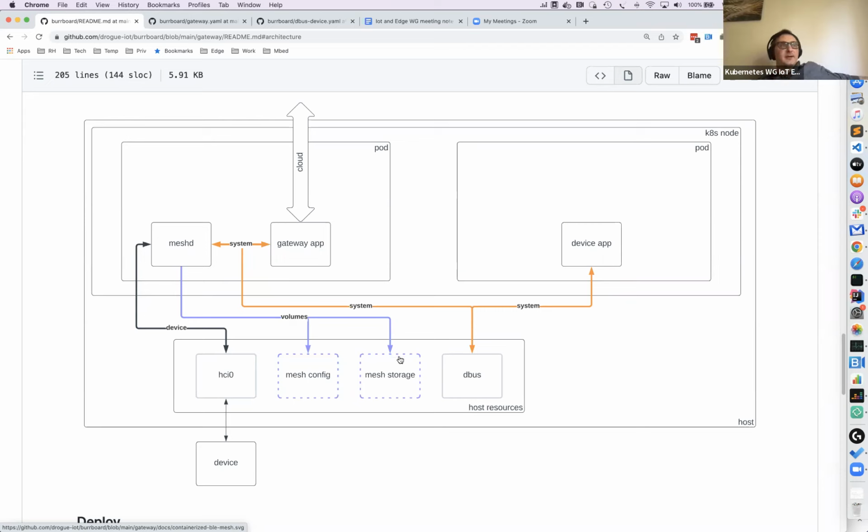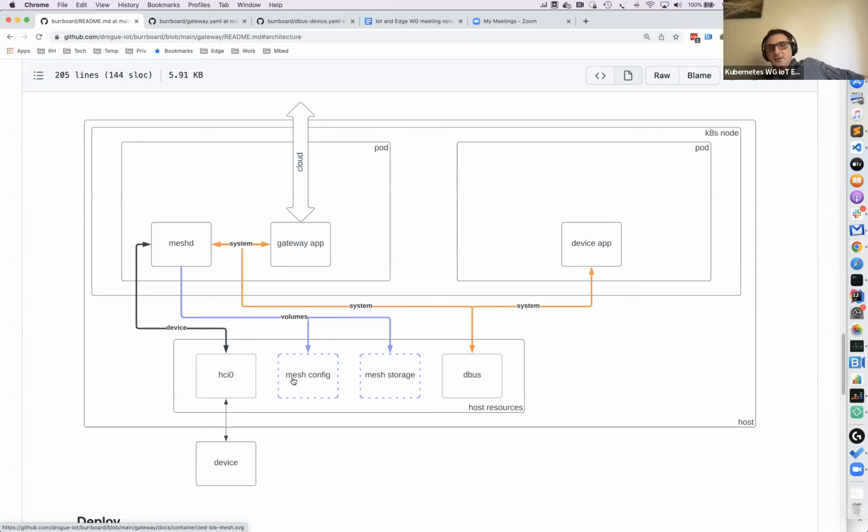So if you want to create an application that will communicate with the mesh daemon, you need to be able to talk dbus, and there are two kinds of buses. There's a session bus and there's a system bus. The mesh daemon is using the system bus to send events basically of what's going on in the radio.